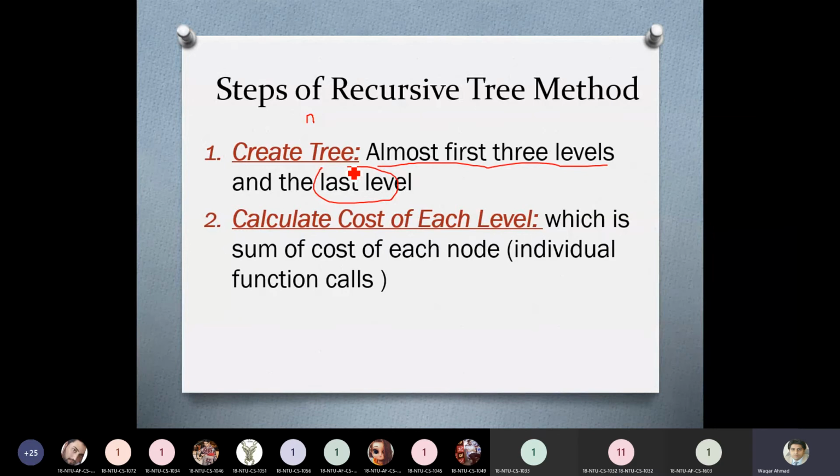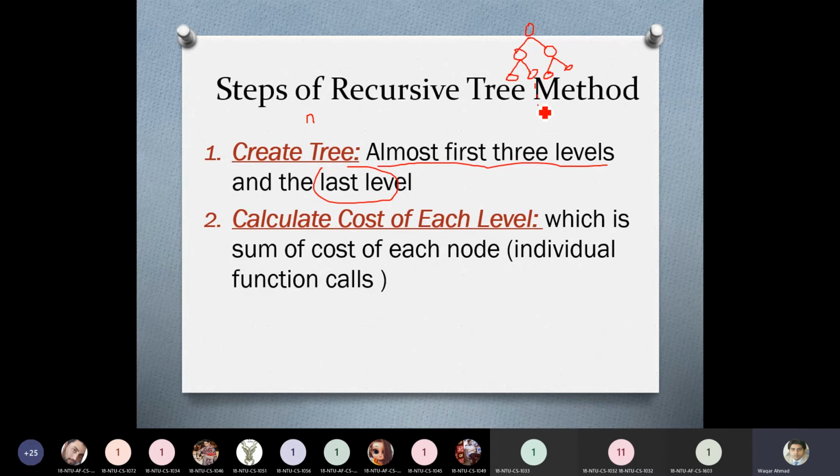Next, calculate the cost of each level. You can recall that trees are in this format. We have a node, and if it is a binary tree, it has 2 child nodes, and those children again each have 2 nodes. This type of figure is known as a tree, and the binary tree is a special type.